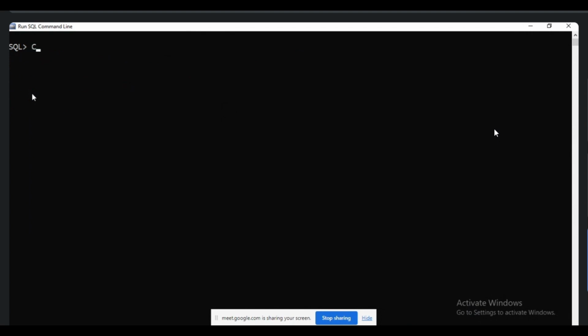So I am creating the table. Create table, name: employee95.